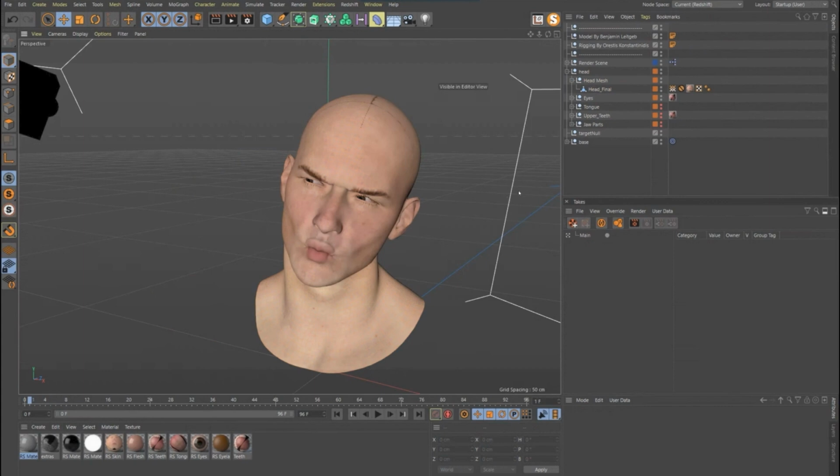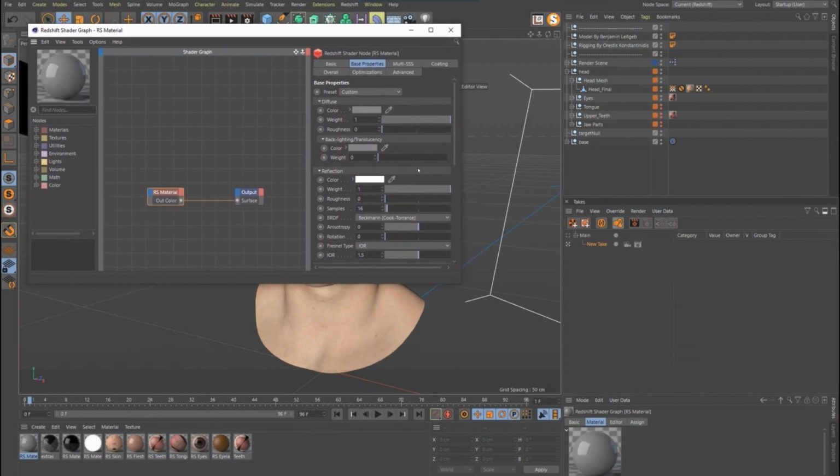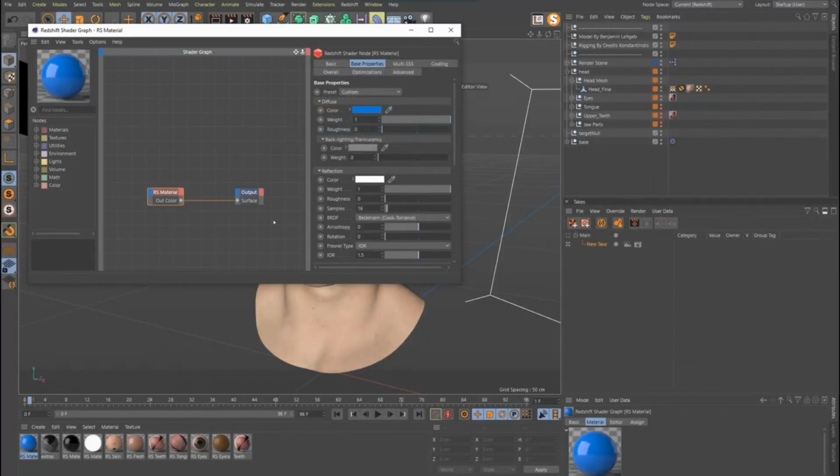The other thing to note about takes is, let's say I have my other take, right? I'm working in this, and I want to adjust a material, but I don't want to adjust it just for this take. I want to adjust it on everything, but on this take, let's say I have different lighting on it or something. You can still do that. So if we open up this material, if these are off, any adjustment I make on this take, for instance, it's blue. If I go to my main take, you'll see it's still blue.